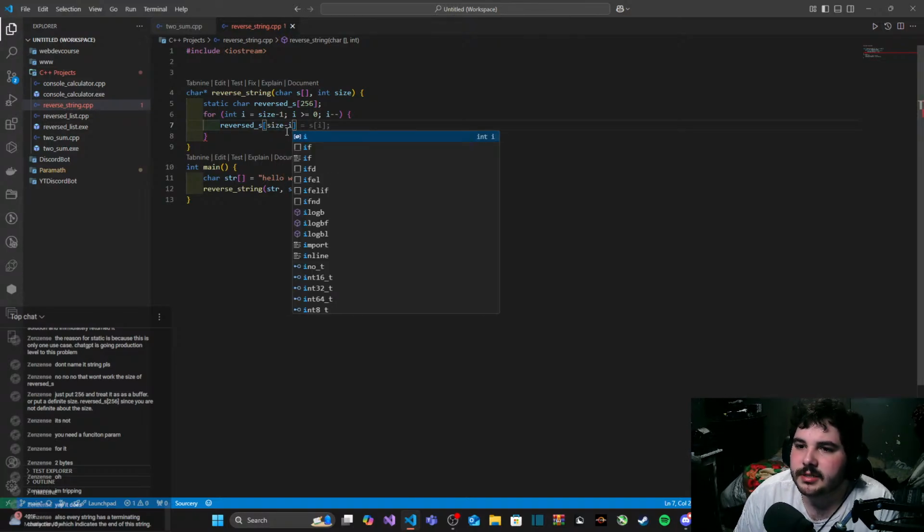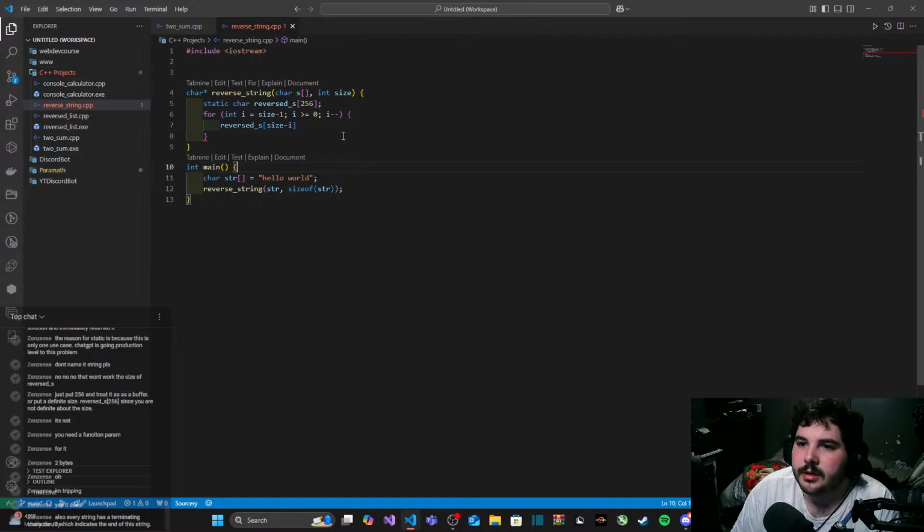Is it i minus size? Because if the size of my array is 20 characters, then i is going to be equal to 19. So 20 minus 19, that's going to be 1. So then I need to subtract a 1 again.